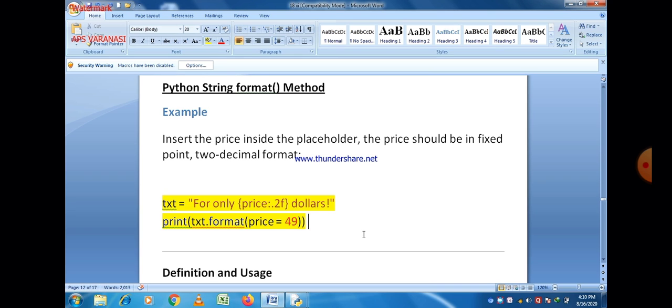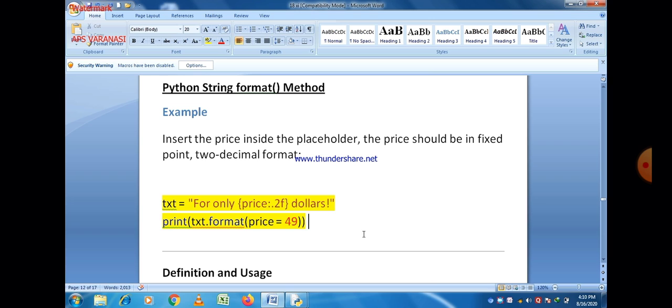What is the meaning of that? Price is actually a placeholder, and 2f means we have to give the price of a particular item up to 2 decimal places.